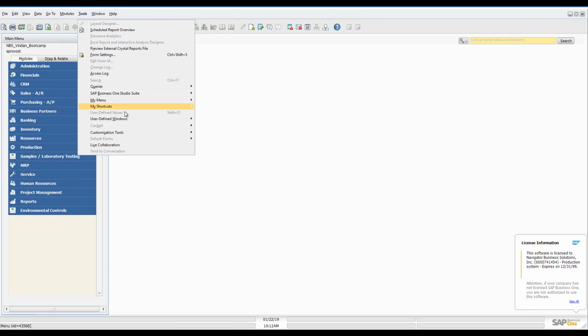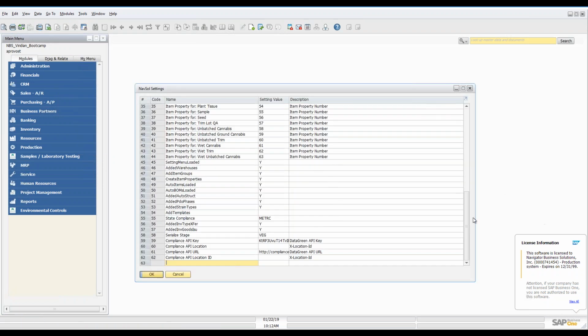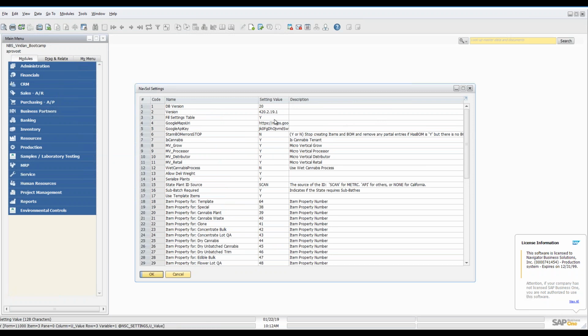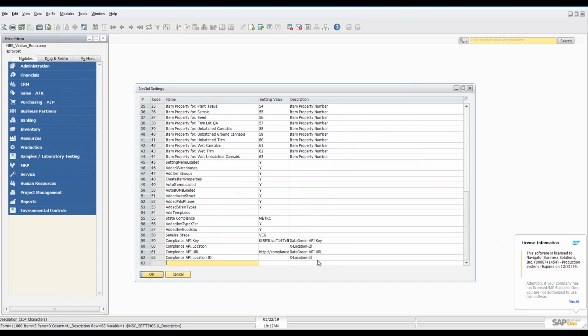All right, as far as the other table that you might want to know is the Nav Cell Settings. So these are some of the settings that are in here and available. We've got a couple new things. There's the wet process again, but for serializing plants, we have a setting. If you're like a hemp farm, you would have this set to no. Any cannabis farms are going to have it set to yes, but you can change where it gets serialized on